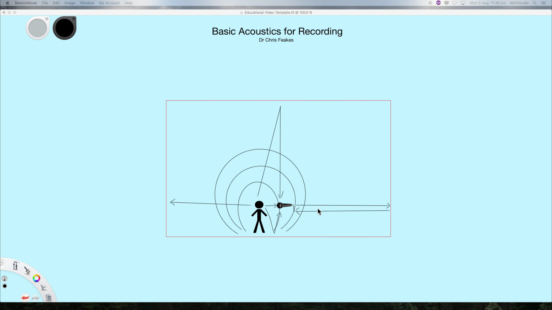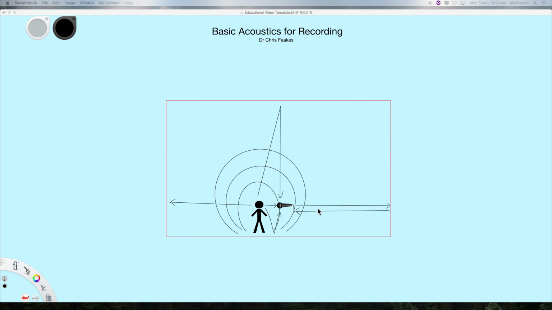So how do we minimize this problem? Well, one thing is to pick the right room to record in, if possible. Right now I'm in the media and sound booths up in Queens. We also have the CTS studios, the main recording studios in Queens, and of course the radio booths. All of those have been acoustically treated to some extent to try and minimise the amount of sound that reflects in them. We can't always record in those kinds of environments, particularly if we're working for film and television, and sometimes we don't even want to.